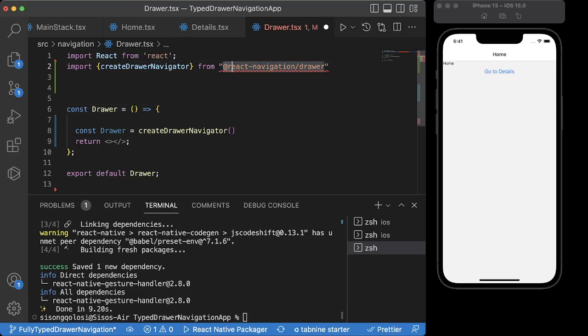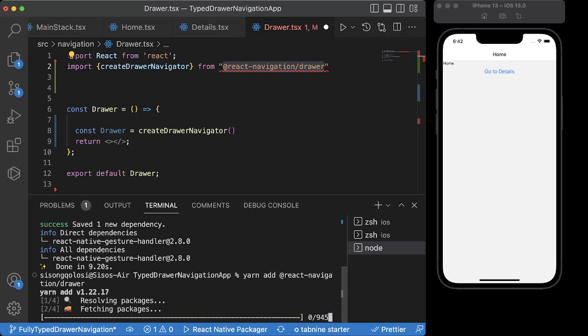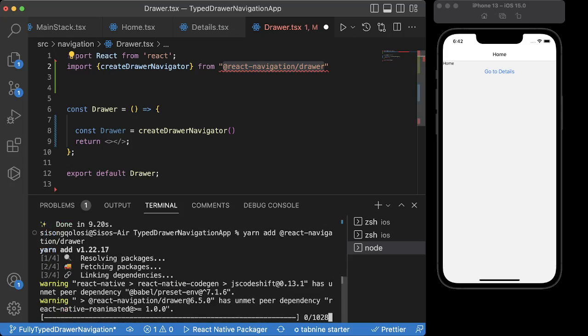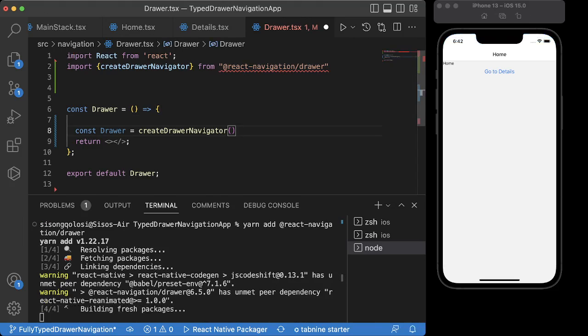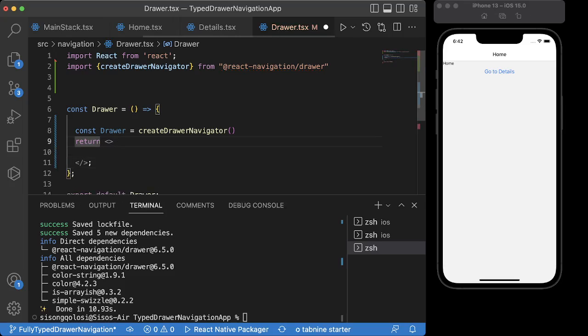So we have to add React Native drawer. This will allow us to have the drawer. While that's installing, we can add the logic that we want here. For example,